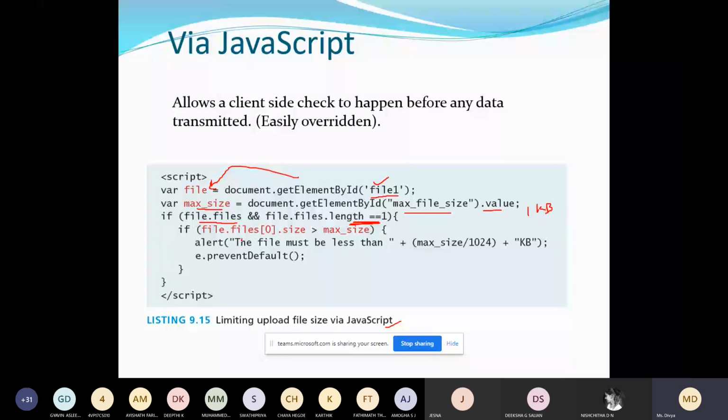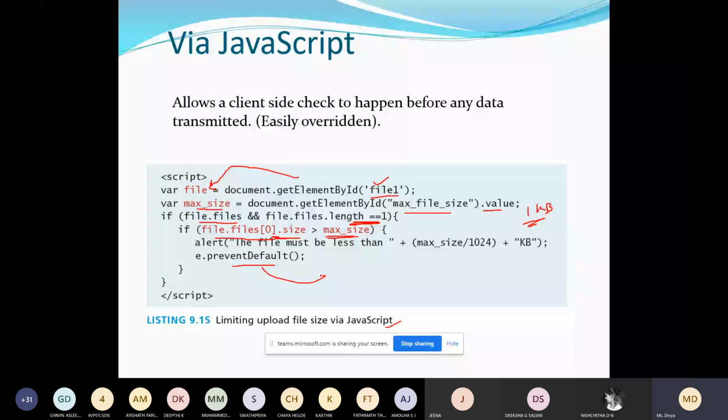Then this is very important: you are checking whether the file size is greater than the maximum prescribed size, 1 KB here. If it is greater than 1 KB, then display this message: file size must be less than that. And stop. Prevent default will stop submitting your file to the server.